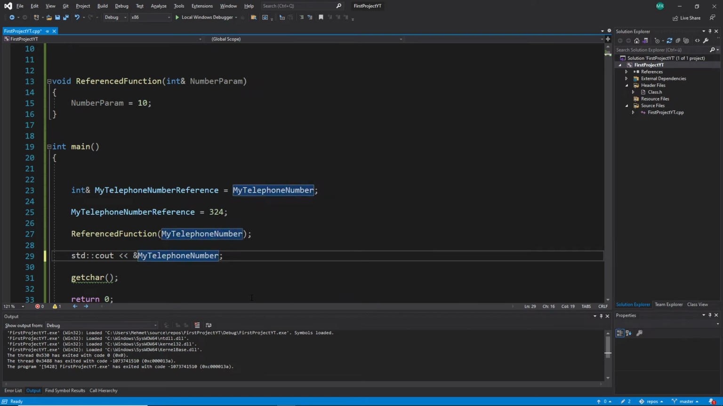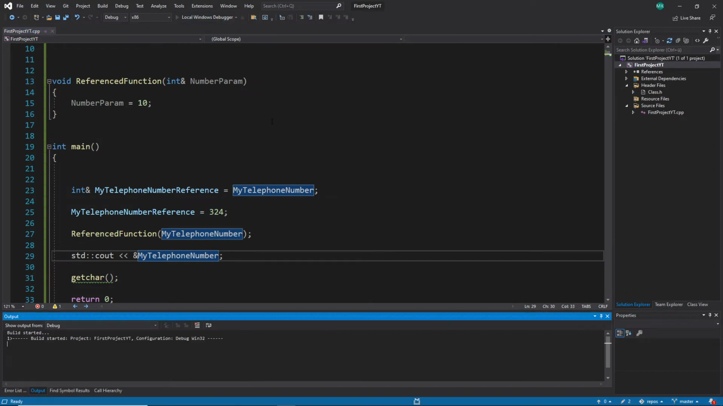And how can we call this here? I showed you this, I think, already: if you put an ampersand in front of this variable, it says please tell me the memory address of this variable, not the value. Careful, not the value, the memory address. And when we start this one now,